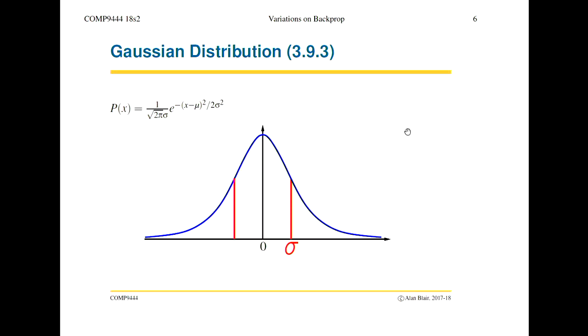So this normal distribution, you have a mean mu. This is drawn as 0, but you have a mean mu and you have a standard deviation sigma. And the probability of x is equal to e to the minus (x minus mu) squared over 2 sigma squared. And then we have a normalizing constant out the front, which is 1 over sigma times square root of 2 pi, to make the whole thing have an area of 1.